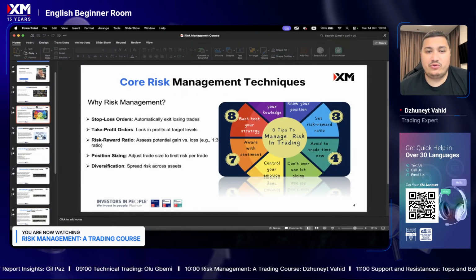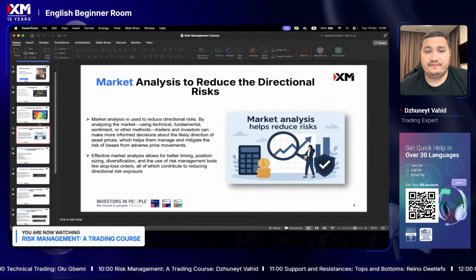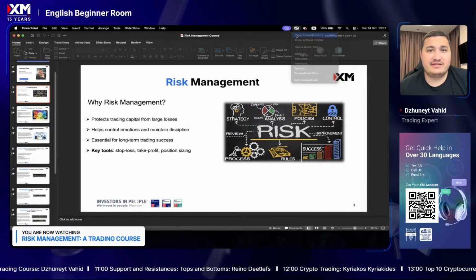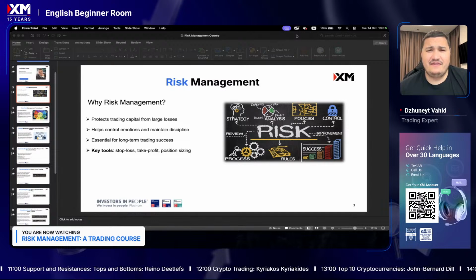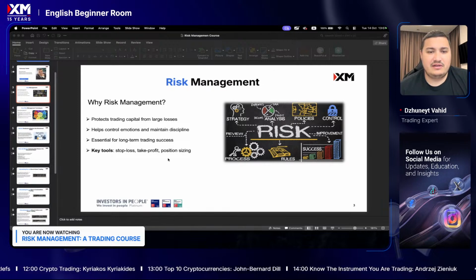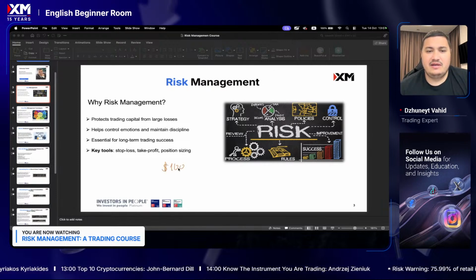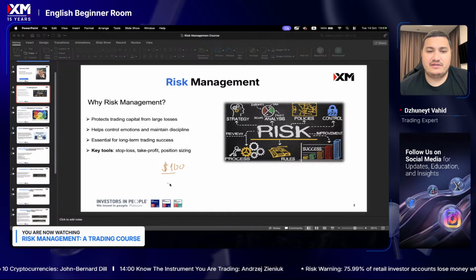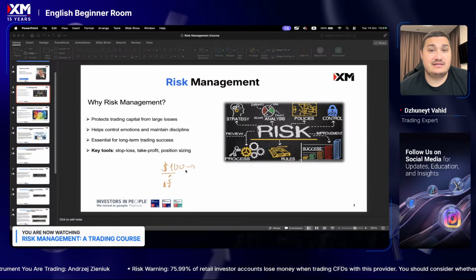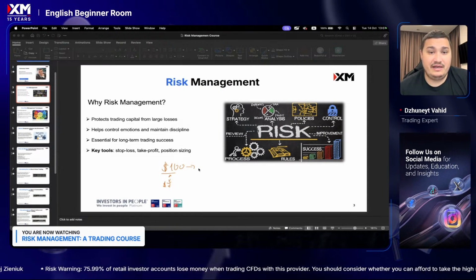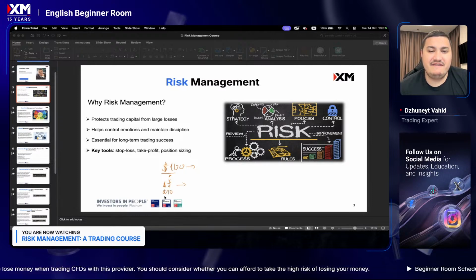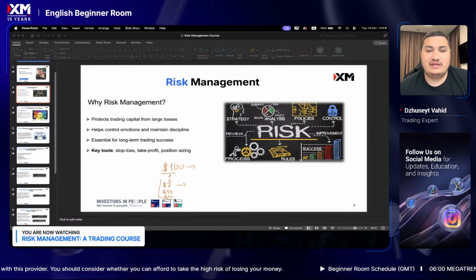You won't be able to control your emotions because you are risking too much, which is more than you can afford. That triggers emotions. If you risk significantly less than you can afford, let's say you can afford $100 per trade and you open $7 risk per trade, you see the big difference here? Huge difference. This is classic standard risk that you can afford to risk per trade, but you are doing 7, 10, 17. That is significantly lower amount than you can generally risk.